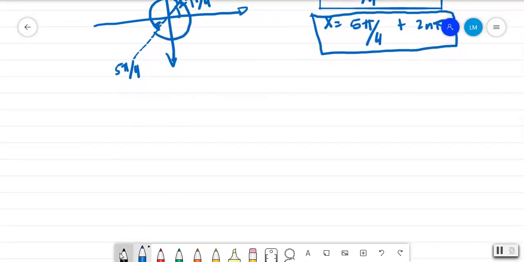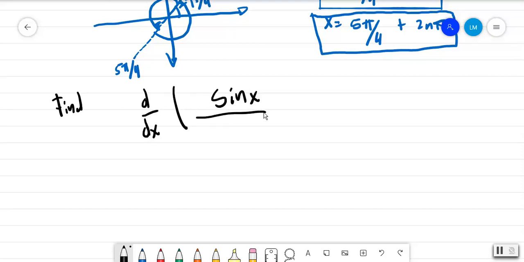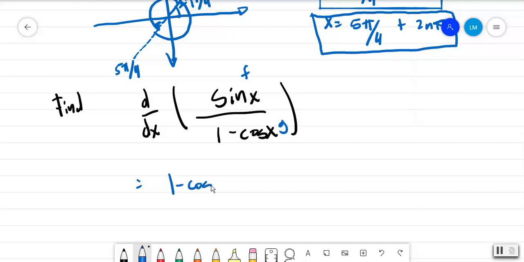Now, I'll go ahead and complete derivatives of trigonometric functions, because you deal with them more once you learn chain rule. So we'll just say that we want to find the derivative of sine of x divided by 1 minus cosine of x. Here we know that we have to use quotient rule, because you have f and g. So that's going to be 1 minus cosine of x multiplied by the derivative of sine of x, which is just cosine of x, minus the derivative of the denominator, which is positive sine of